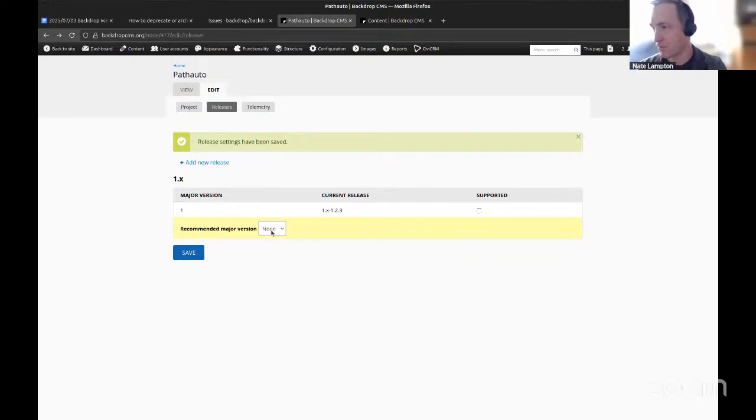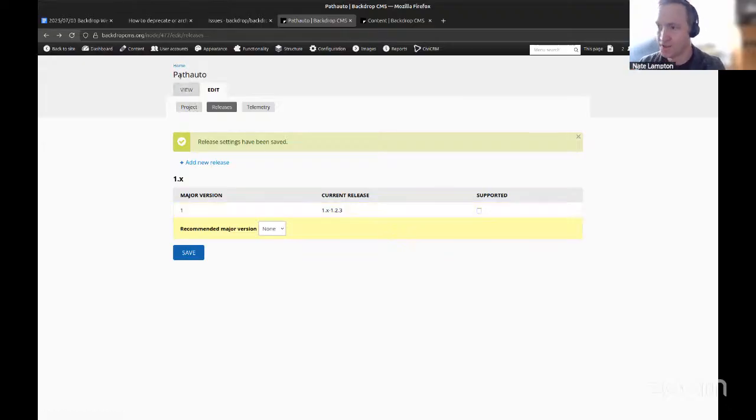For this situation, it's actually important that we not delete this node. It's important that the project continue to exist on backdropcms.org, and this will take it out of Project Browser. And then we would, in addition, potentially create a placeholder